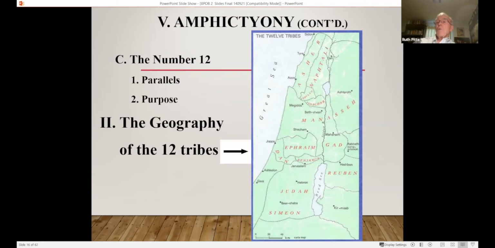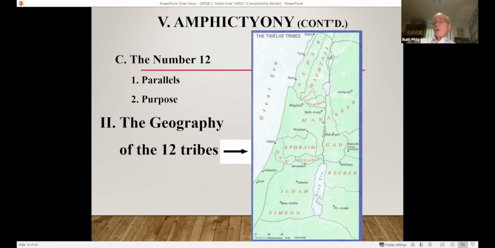You see the arrow pointing there to Dan, just over further to the left, if you will, Dan. There it is, that little spot. Now, just below that are the Philistines, and the Philistines put so much pressure on them that the Danites moved all the way up to the far north. So it's not fixed. And how are we going to know where these people live anyway? Well, you have to go to all the cities and villages that are mentioned in the Bible in order to draw out these lines.